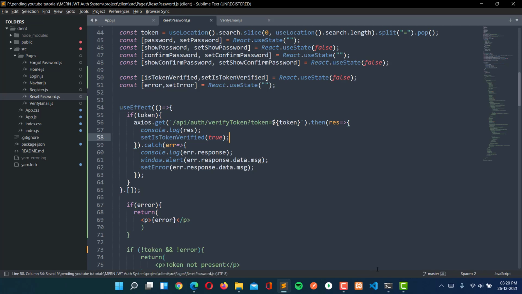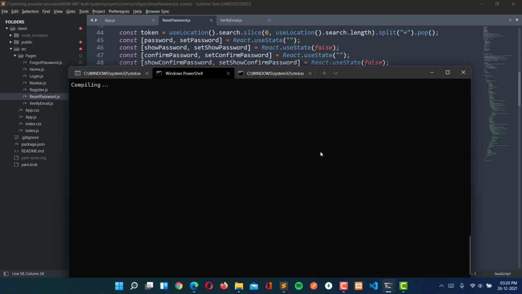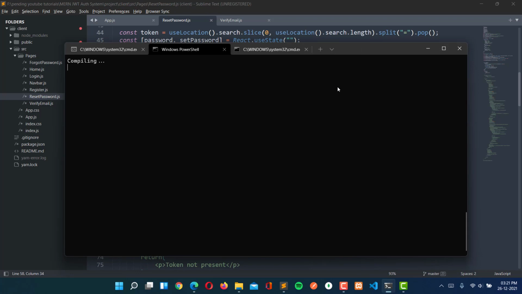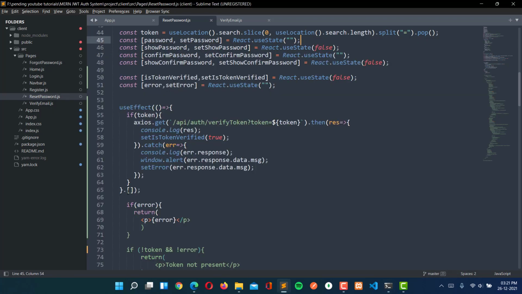So just save this and let's try this. This is a very easy task. So let's wait for the compilation. So we are getting one error here. Here will be comma instead of dot.